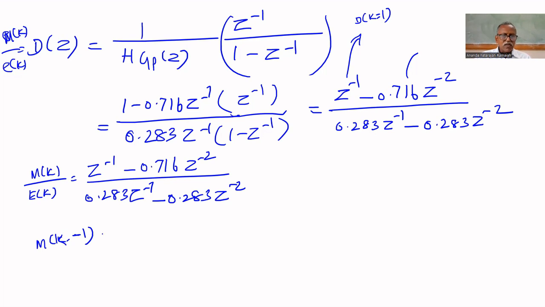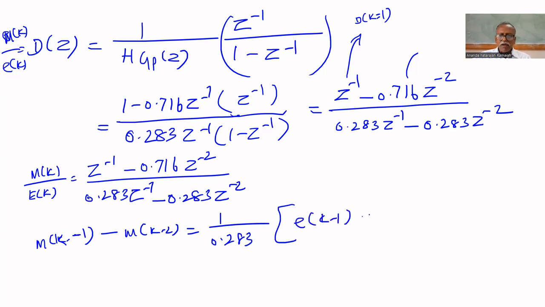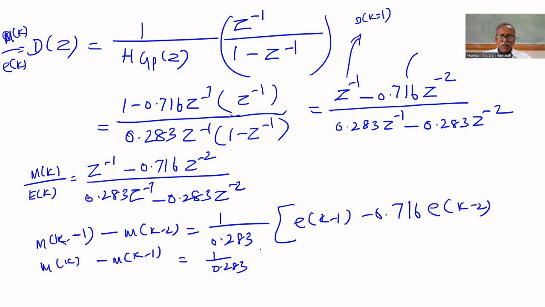M of K minus 1 minus M of K minus 2 equal to 1 by 0.283 multiplied by, if you bring that E of K this side, E of K minus 1 minus 0.716 E of K minus 2. If you shift by one sampling period, you will get M of K minus M of K minus 1 equal to 1 by 0.283 E of K, the present error, minus 0.716 E of